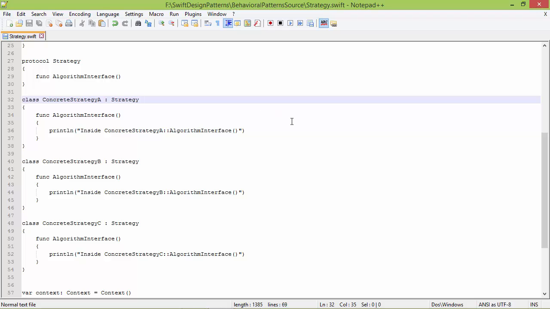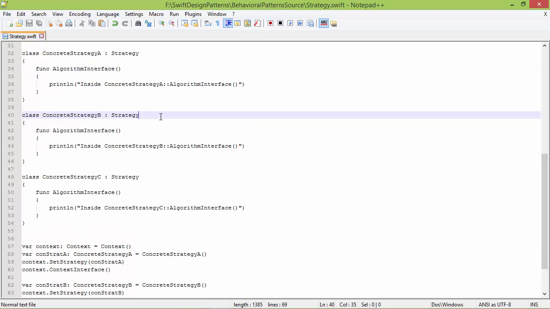Here is the subclass ConcreteStrategyA derived from Strategy, and here it implements the method algorithmInterface. Inside this, it has algorithm for ConcreteStrategyA. And here is another subclass ConcreteStrategyB derived from Strategy, and here it implements the method algorithmInterface. Inside this, it has algorithm for ConcreteStrategyB,